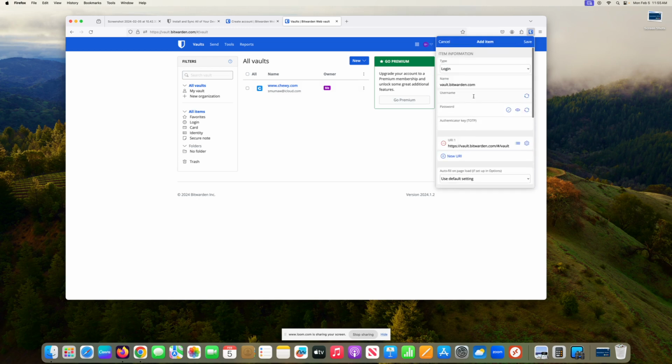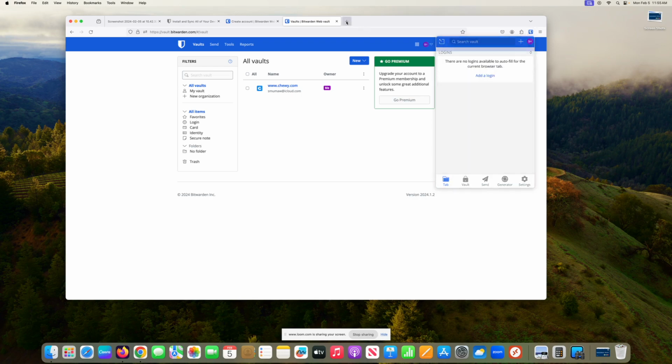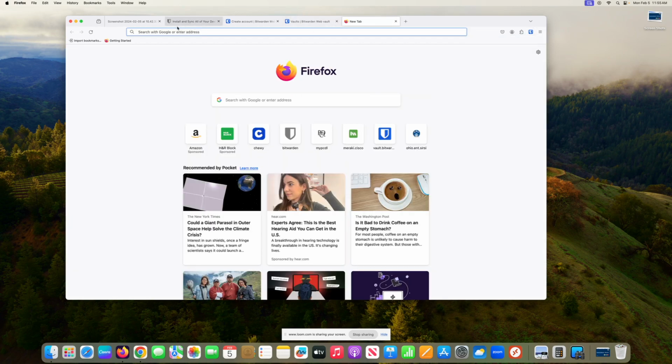So if I wanted to add a login, right now I am on the Bitwarden page. So it wants to add the vault for Bitwarden. So you want to make sure you're at a page that you're going to want to add something. So I'm going to click here, make a new tab, and I'm going to go to